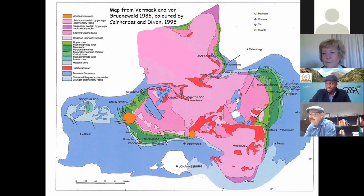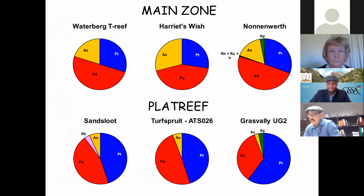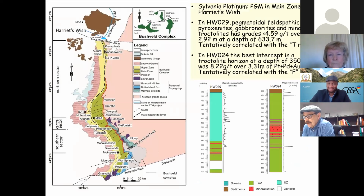There. The question I've got is, a large part of this seems to go into the southern marginal zone of the Limpopo belt. Do you agree? Yes. And do you think there's a possibility that this could even extend further north, because the explorationists amongst us may find that quite interesting? And then the other thing is, when I look at the stratigraphic sequence